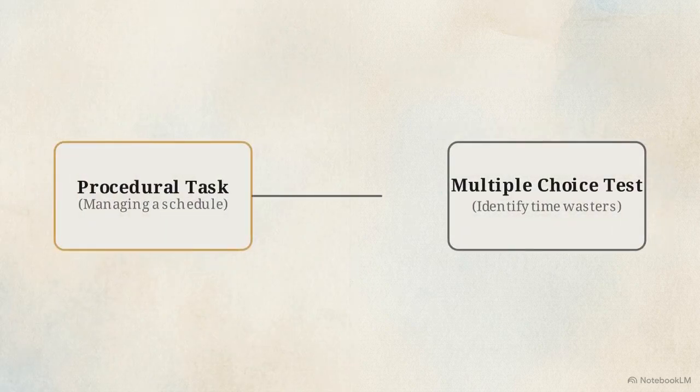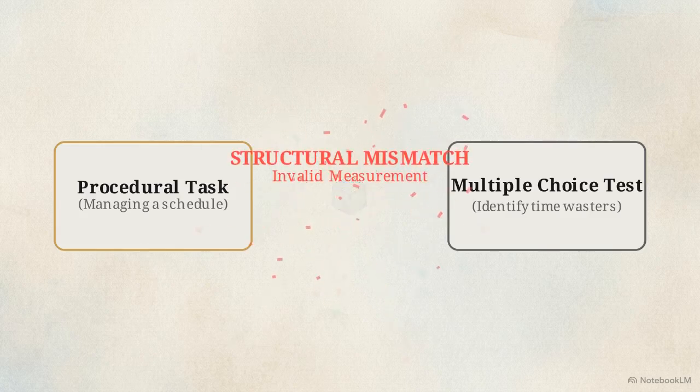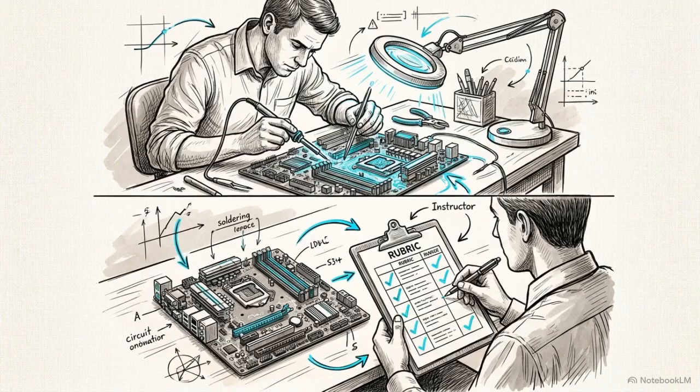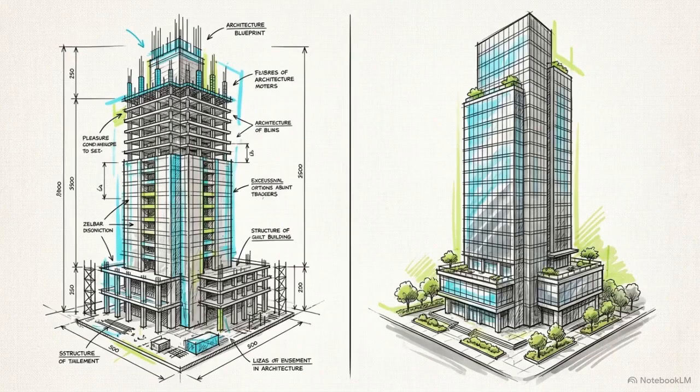Satya's test failed because of a structural mismatch. The training aimed to change overt procedural behavior, but it attempted to measure that behavior by forcing it through a flat, multiple-choice filter. An assessment only produces valid data when its architectural design mirrors the specific cognitive intent of the learning objective. The term evaluation is often used as a catch-all, but it actually contains two distinct mechanisms that serve